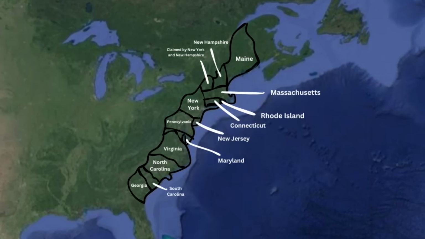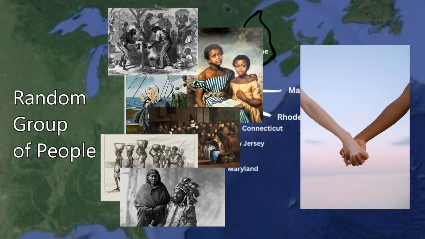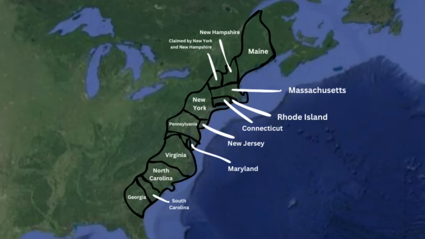So the basic question to ask here is, with so many diverse peoples in the colonies of the Americas living different lives, how exactly is this random group of people going to come together enough to incite a revolution? The answer is a common enemy, and a few other reasons.